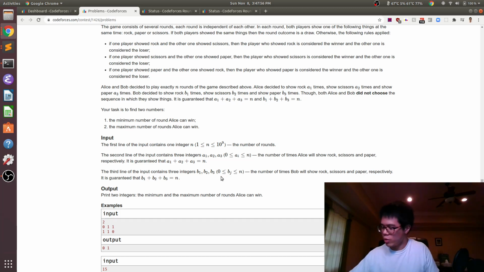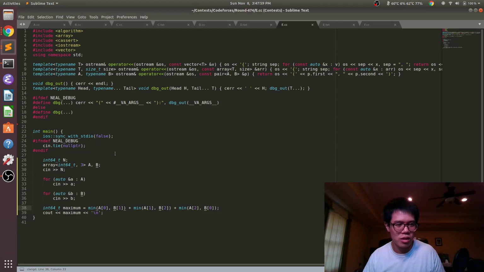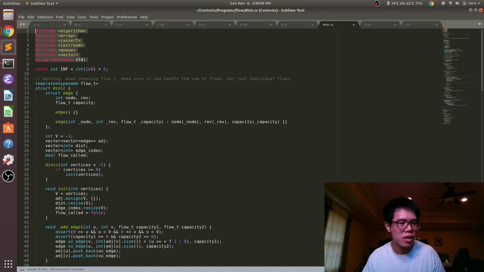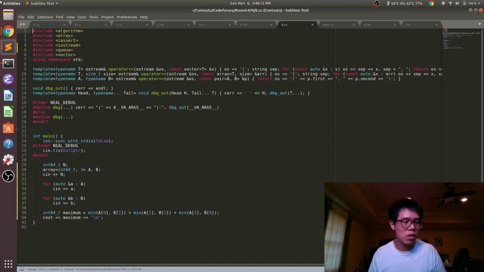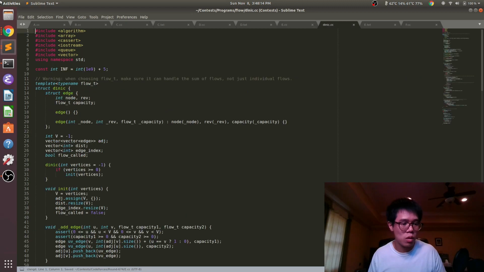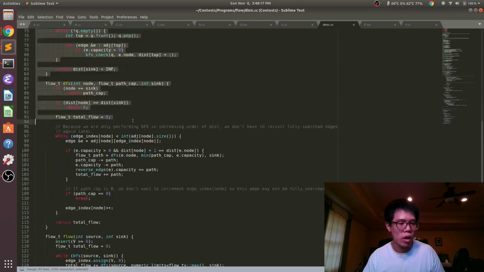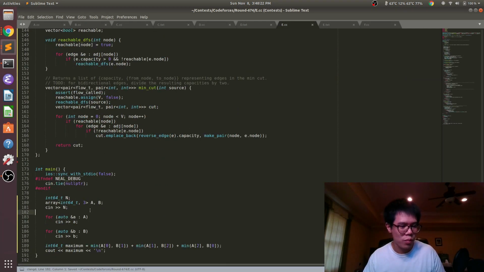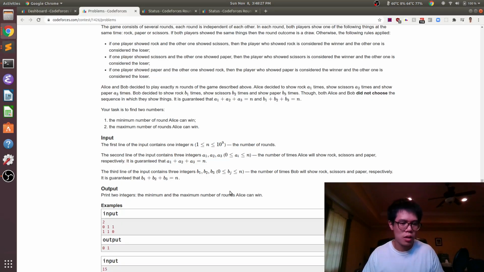Yeah, and so actually, just for the fun factor, I will throw the flow solution at this problem. So I am copying my flow code here. And let's see.